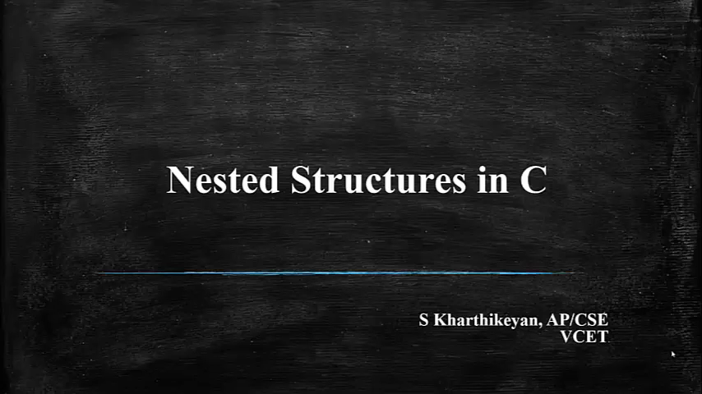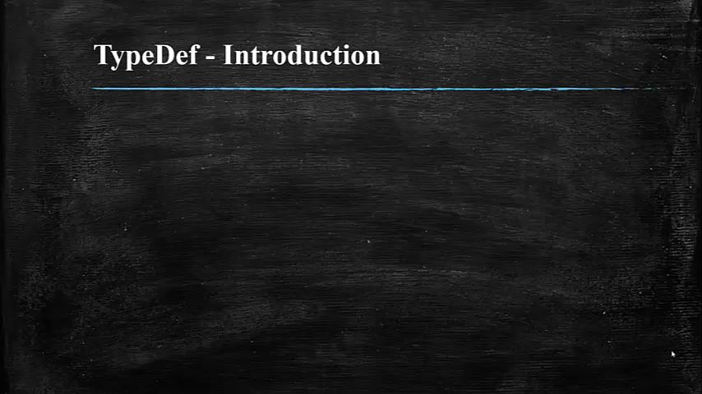In this video, we are going to discuss nested structures in C. Before we see the fundamental concepts of nested structures in C, first let us discuss what we mean by type definition. A type definition is an alternate name that you give for an existing